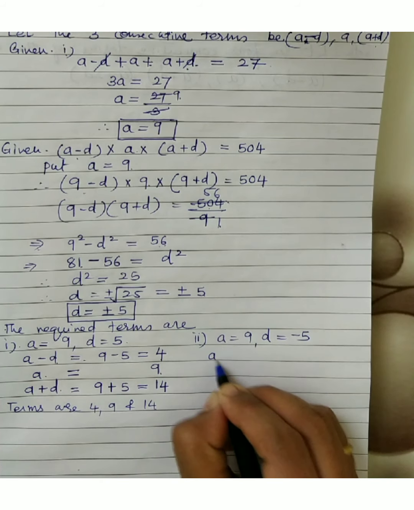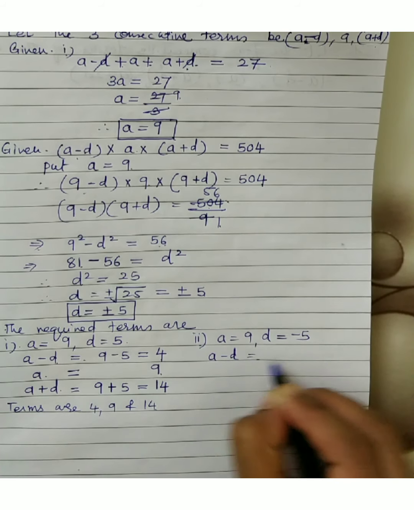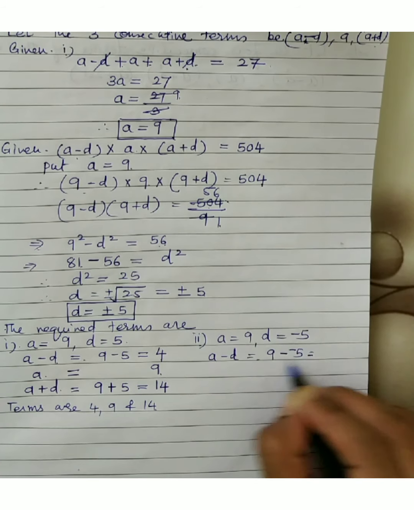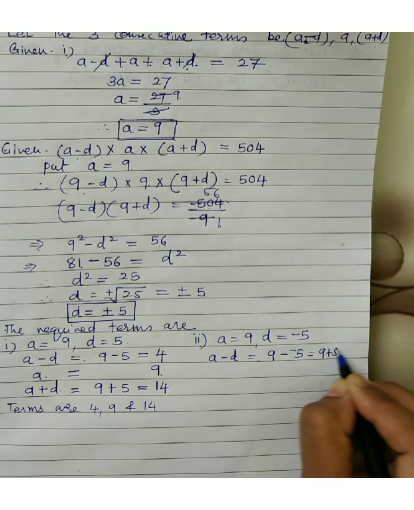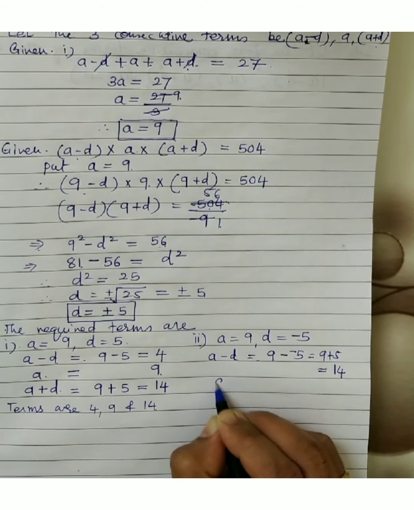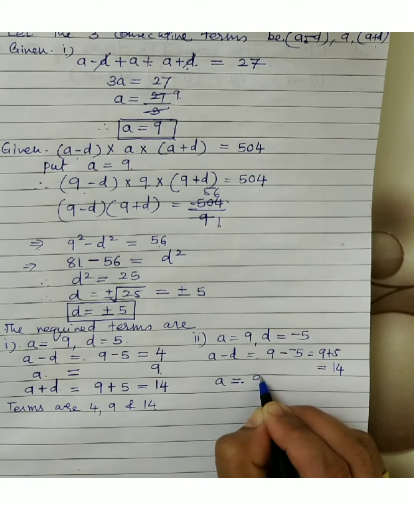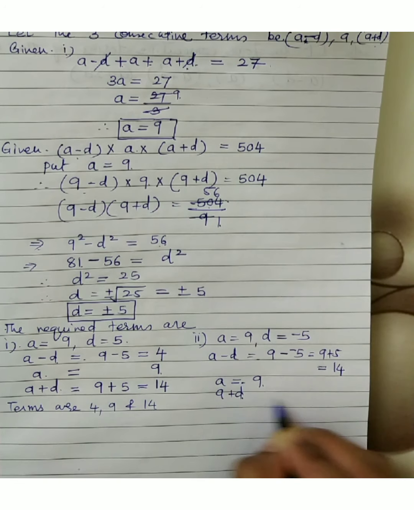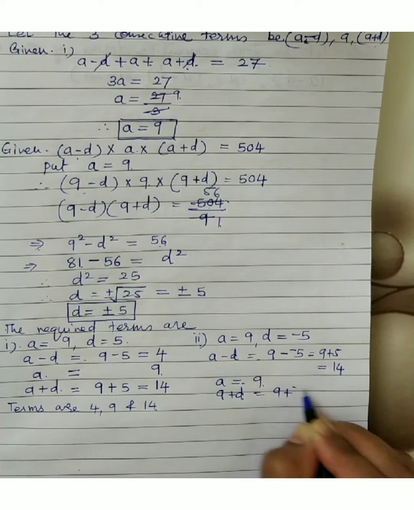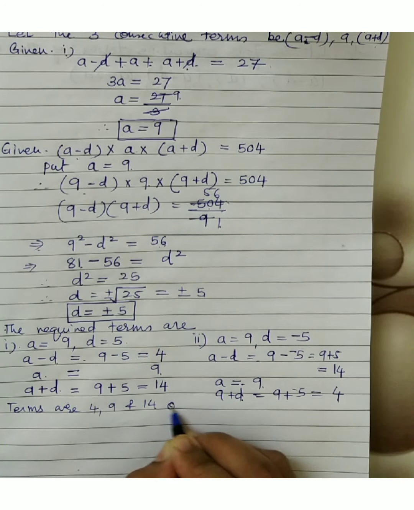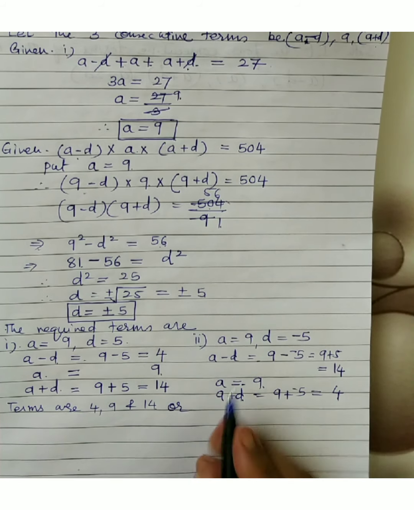So, first term A minus D will be what? 9 minus minus 5, that is 9 plus 5, that is what? 14, right? Second term is A, that will be 9 as it is. Third term is what? A plus D, that is 9 plus minus 5, that gives you what? 4. So, either 4, 9, 14 or